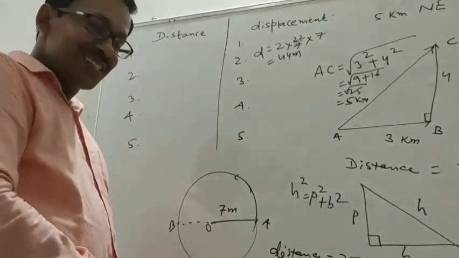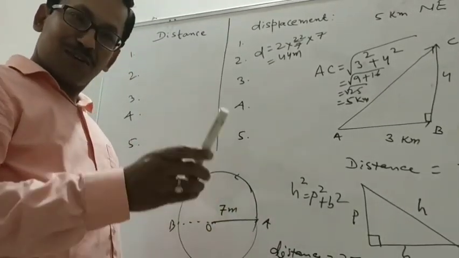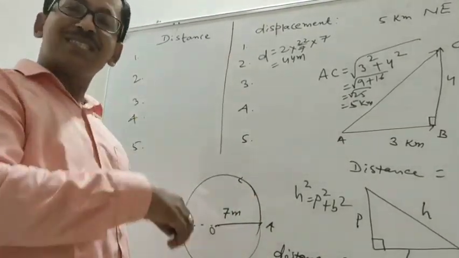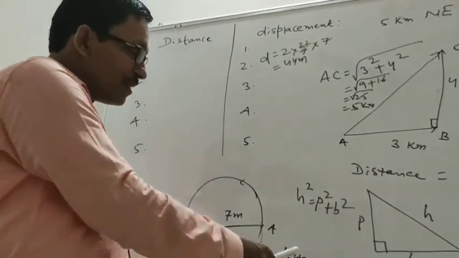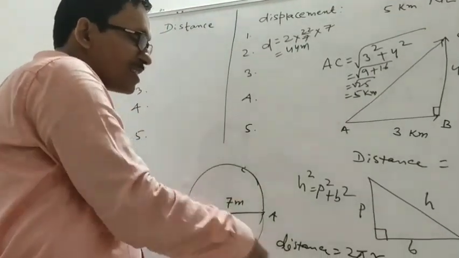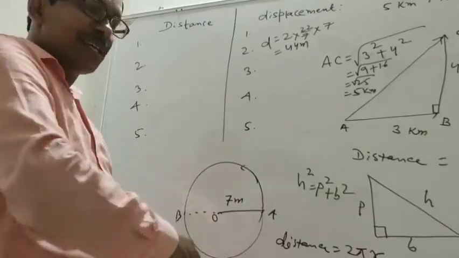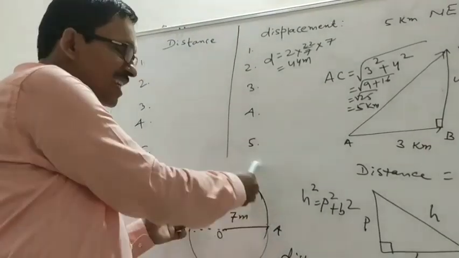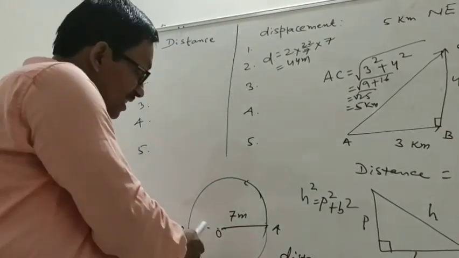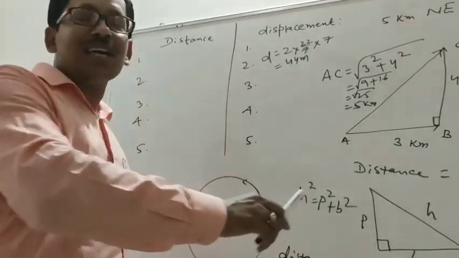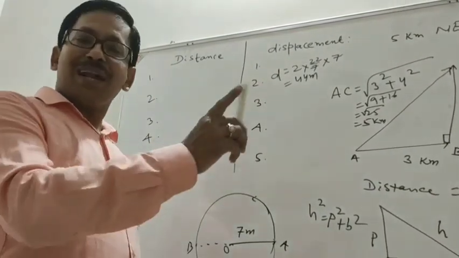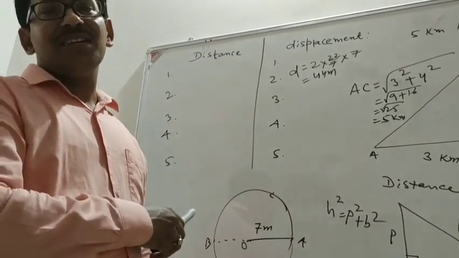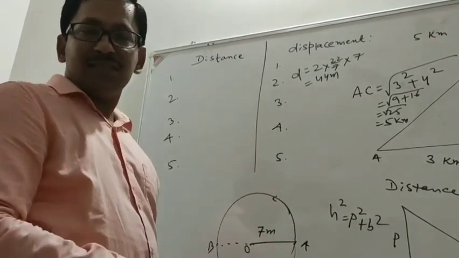The distance covered is half of the circumference of the circular path. That means it is a semicircle. Half of the circle. So if the perimeter or the circumference is 2 pi r, half of the circumference is pi r. You will get the distance covered. What about displacement? Displacement is the diameter of the circular path. After half round, the diameter is the displacement. Direction is at a diametrical opposite point after half round.